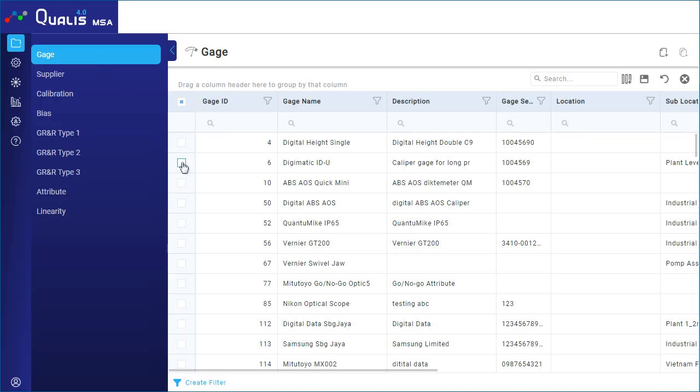There are several situations where a Type 2 MSA study is required, but you don't have multiple operators. Examples are a CMM measurement, electric testing of PCB boards, and inline testing with sensors or cameras. In this case, a variant of the Type 2 study is used with only one operator, and that is the